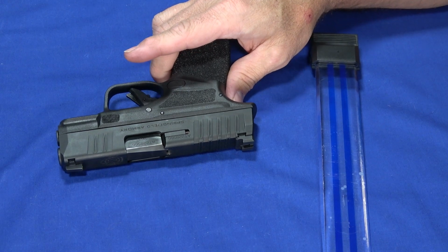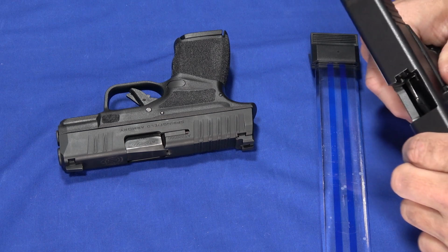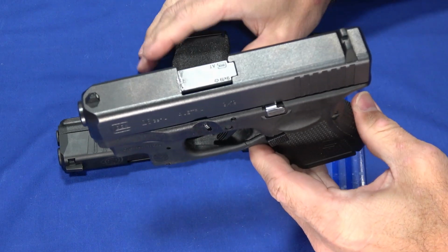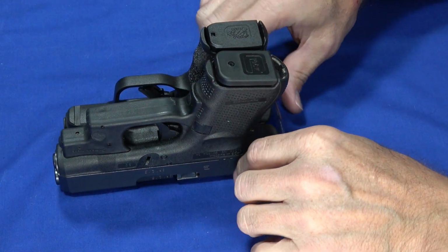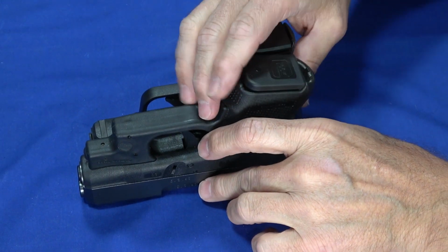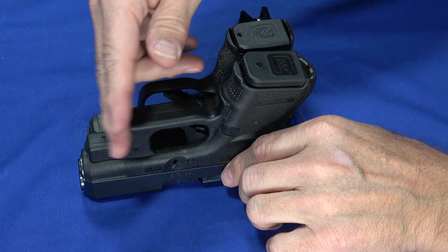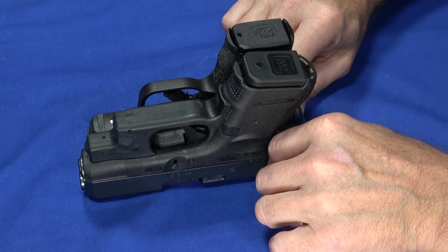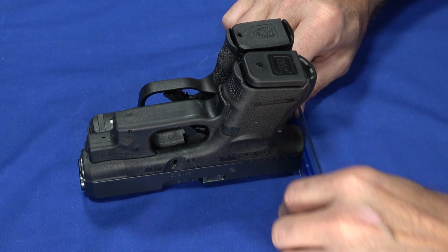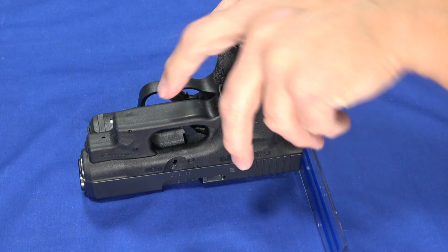As we move into the double stack, that was the last of the single stacks. As we move into double stack territory, we've got to have a Glock 26 because it's one of the standards in concealed carry. Now this one happens to have a Crimson Trace laser guard laser on it. Without the laser, the profile here would be a little bit lower, but the overall length and height of the gun isn't changed. But you can see that the Glock is longer, and the height is roughly the same, but